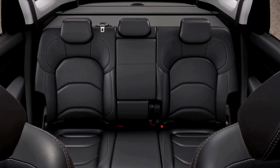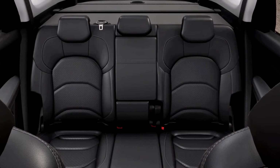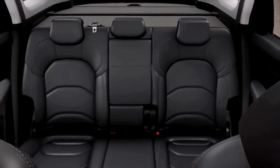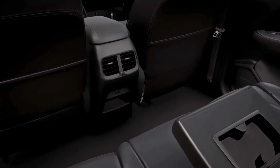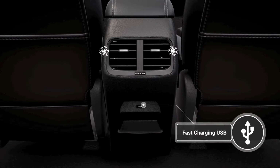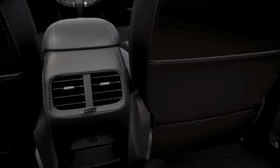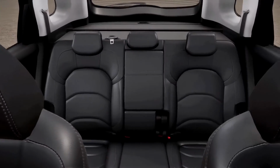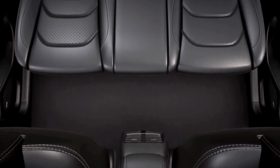There is no better place to reflect on your success story than on the rear seat of the MG Hector. It comes with center armrest with cup holders, 2 rear AC vents with fast-charging USB ports, so that you can get your presentations ready just in time for your meetings. On a manic Monday, 3 of your colleagues can comfortably sit on the rear seat, all thanks to the flat